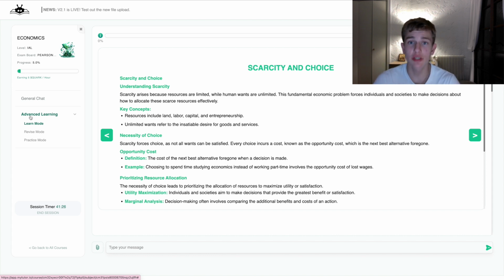To summarize what is advanced learning, in the general chat there's just the general chat. Advanced learning is different steps for learning that are supposed to help you with your education if you're preparing for an exam, if you're just doing homework, if you're revising before class. And the steps are chosen specifically to maximize the efficiency, maximize your learning, so you don't have to be sitting